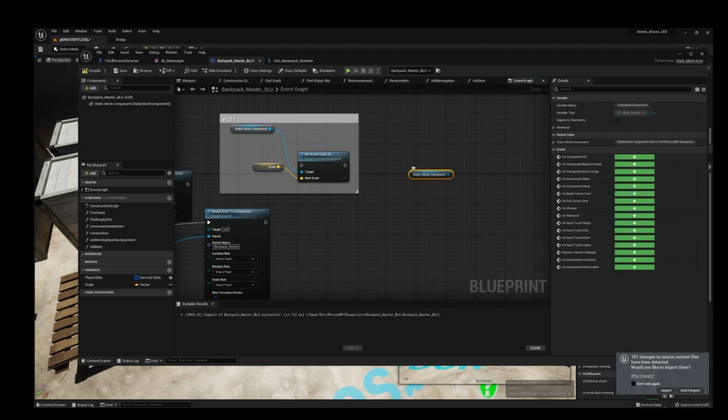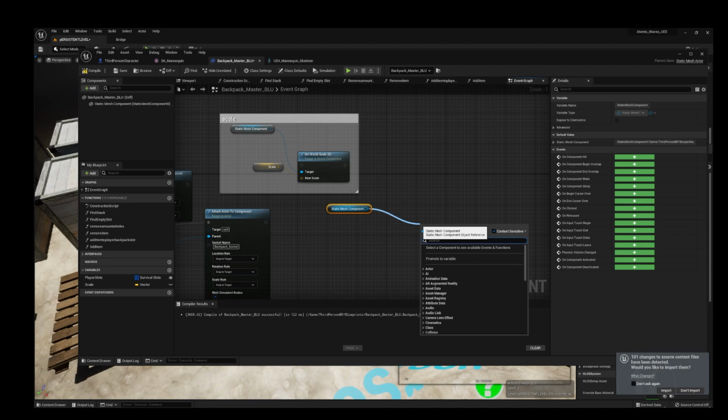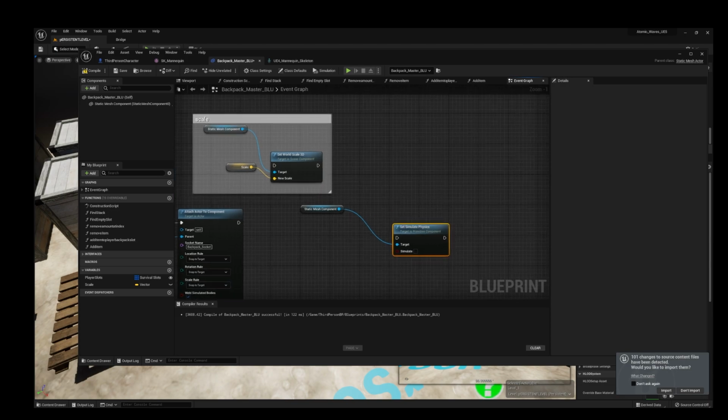There's multiple ways of doing this, none of them hurt. We're going to drag out set simulate physics, and drag this into set simulate physics right here. Compile, save. Now this should fix our problem.